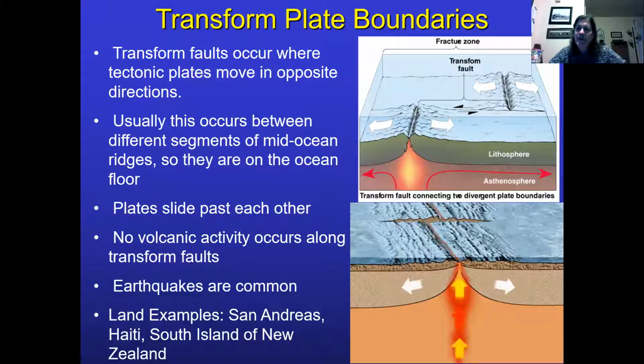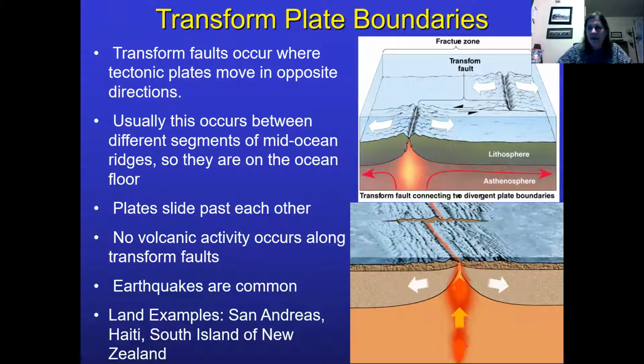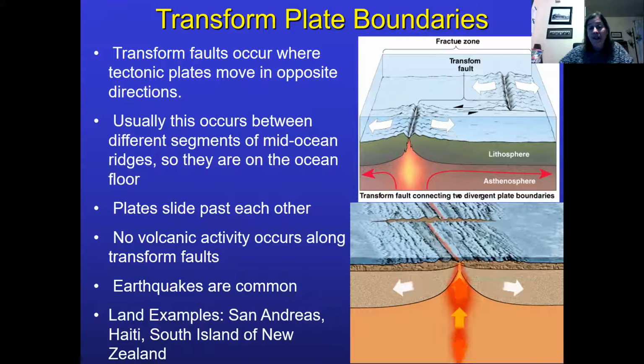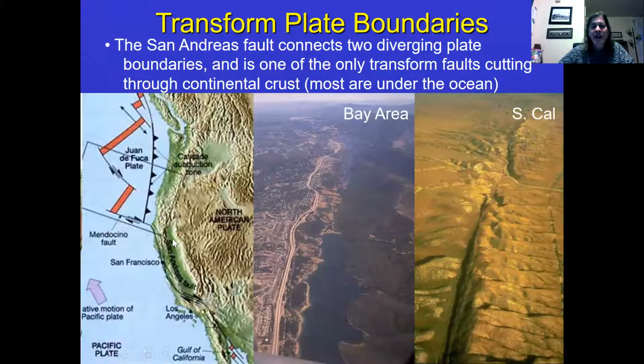Nearly all of our transform faults are underneath the ocean, so we don't really think about them too much, but these are the ones that are above land. So why do we have this one above land? We actually have a mid-ocean ridge right here that's splitting off Baja, Mexico from the rest of Mexico. And then we have another mid-ocean ridge here. And in between those two, we have one of the longest transform faults out there, called